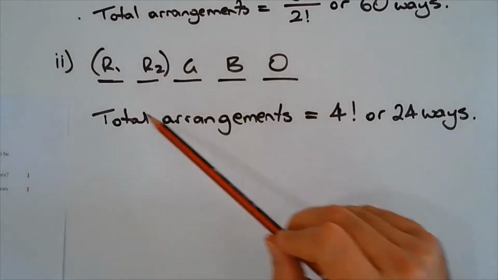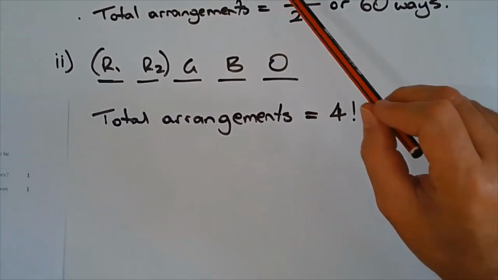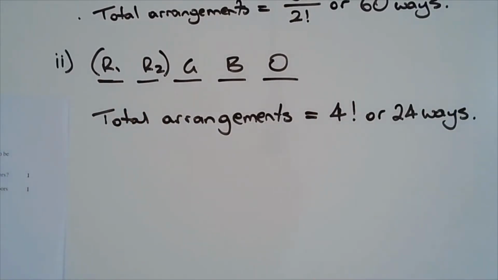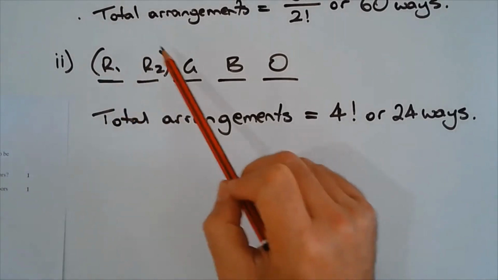Here is another dash diagram that may represent the situation. The difference between this one and the one in part 1 is that the 2 red doors are grouped together, since we're interested in the number of arrangements of these garage doors where the 2 red doors are next to each other. So we'll group R1 and R2 together, so they act as a single group,